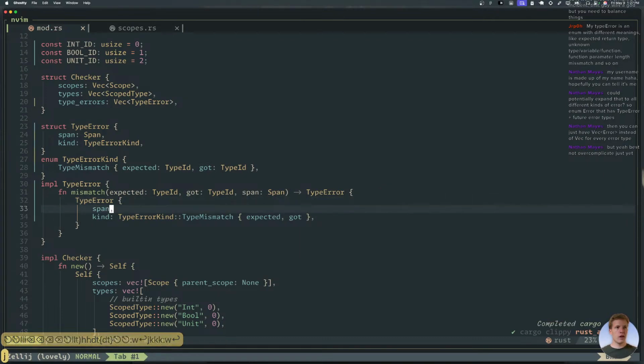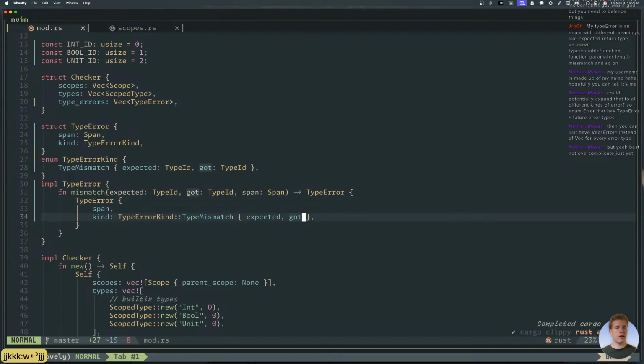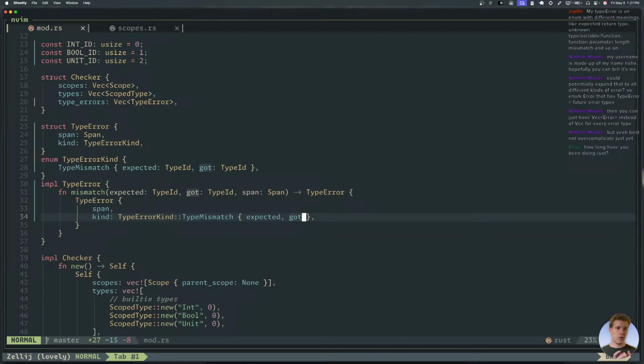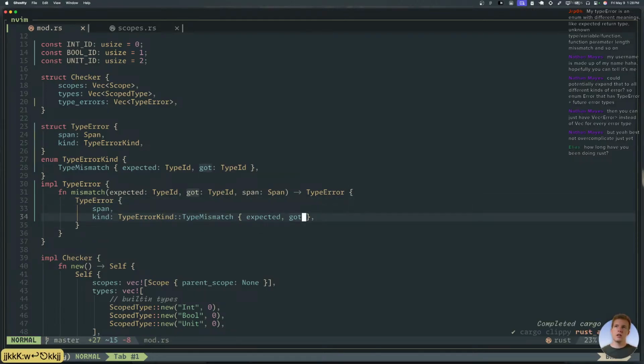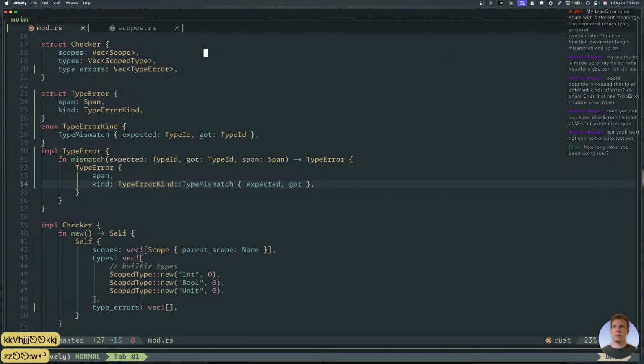How long have I been doing Rust? I figured this out the other day. It's about a year. Just a tiny bit over a year ago, I started reading about Rust, reading the Rust book and going through that. But actually writing it was maybe a little bit after that. So about a year. A little less than a year I've actually been writing it, probably. I'm definitely not a Rust wizard.